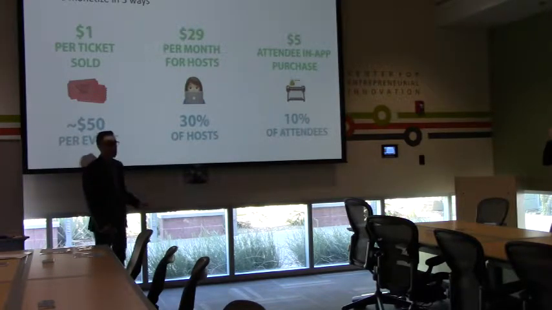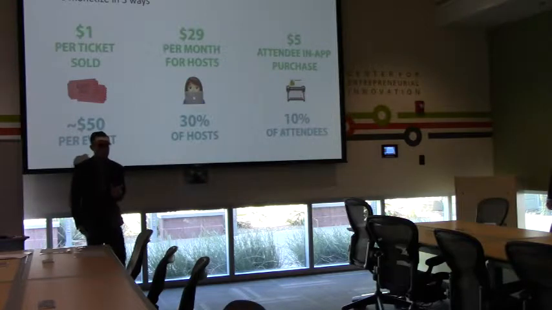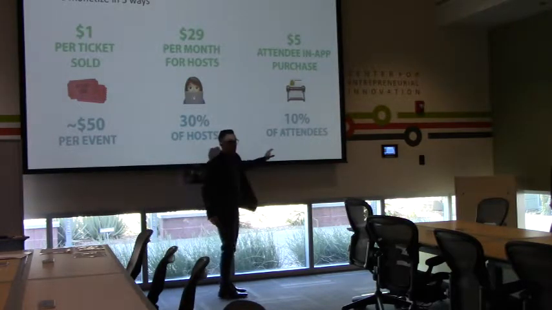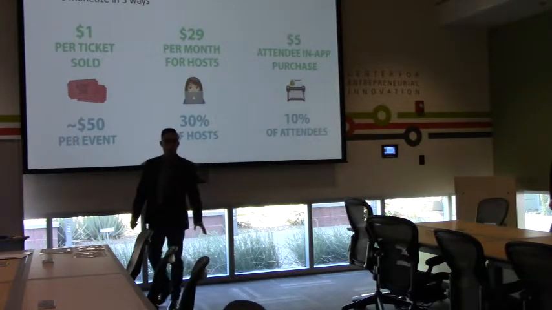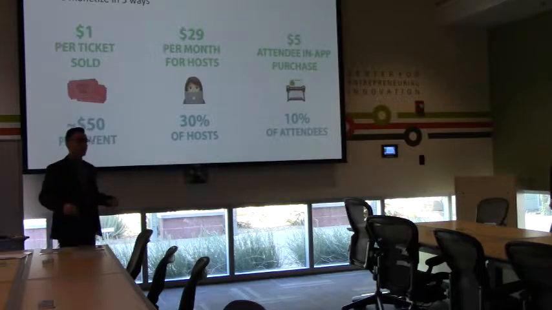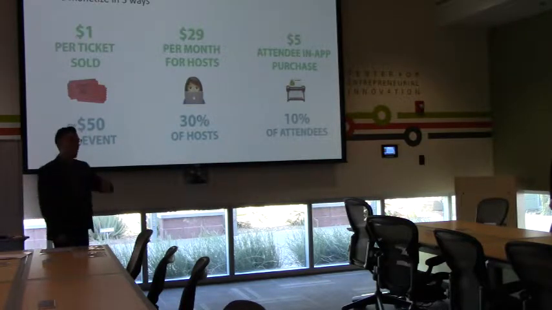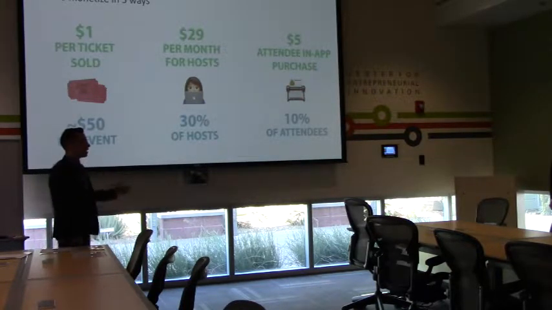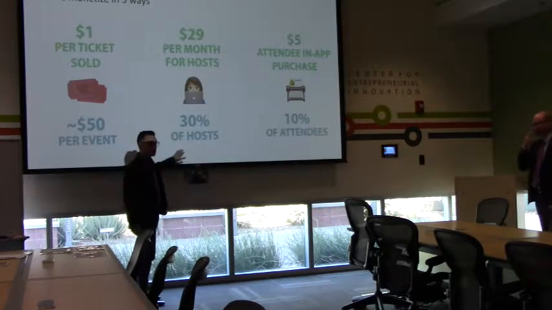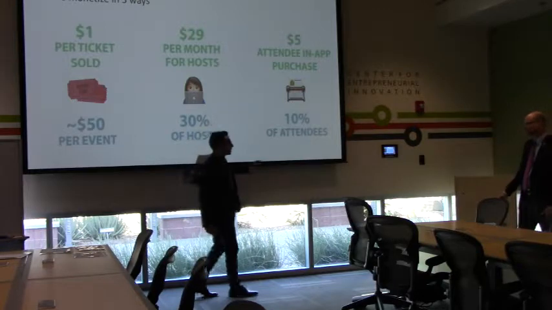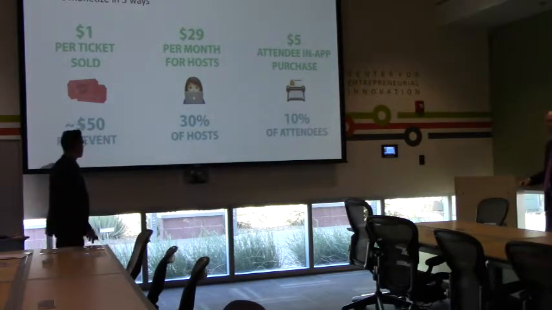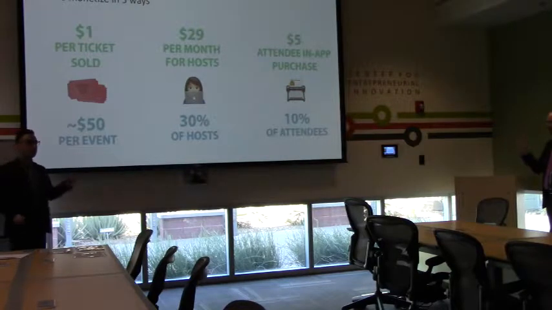What this upgrade does is it allows them to use that little banner for sponsorship. And then our third monetization strategy is the Rolodex capabilities. With EventKey, we have a freemium version for the attendee that lets you see the people at the current event that you're at. But if you want to see past events, you have to upgrade your account. We estimate that about 30% of the hosts will upgrade to the premium and about 10% of the attendees.